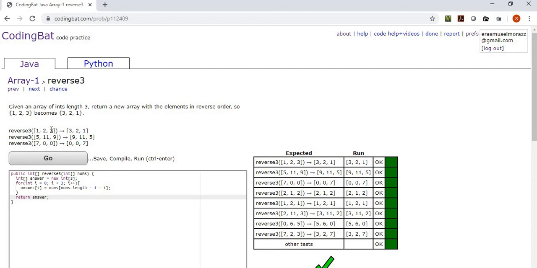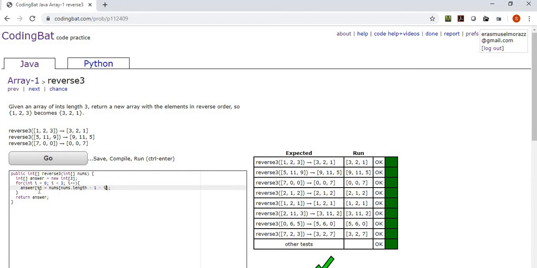But we want to go from our original array from the last address to the first, and what we do is take nums dot length minus 1 would be the length minus 1. So if it's 3 in length, then the last address would be 2. So what we're saying is take the last address minus i,